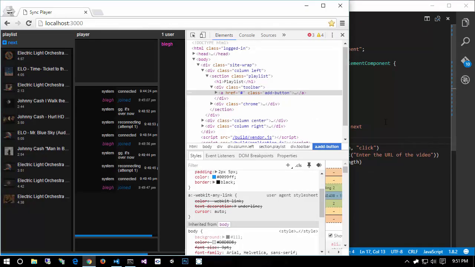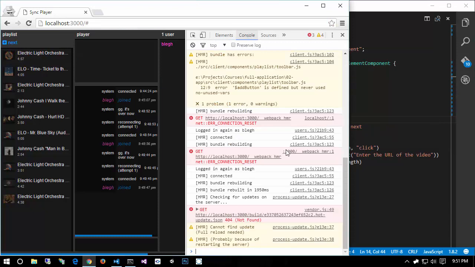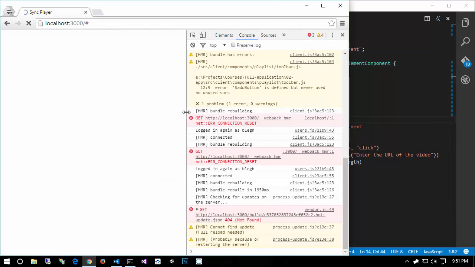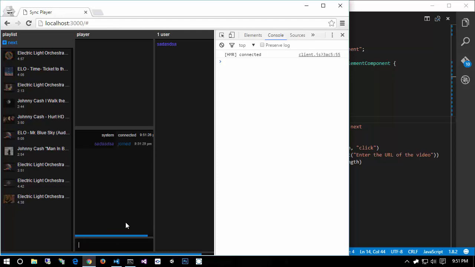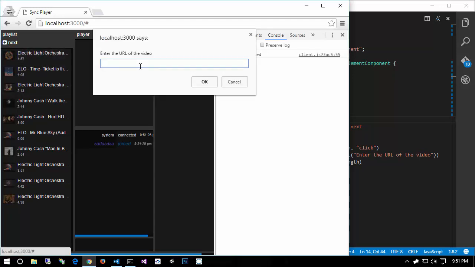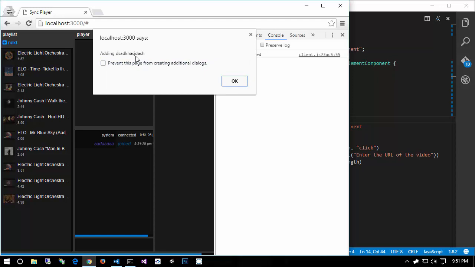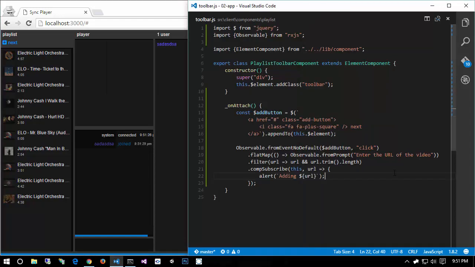And now we can come over here and click next. That might not work because our hot reloading might have broken because we changed shared code. That's okay, we can just reload manually and then log in. Now I can hit next and I get into the URL of the video, type in something and it says adding blah, blah, blah. So with that little amount of code, we've created this observable sequence or pipeline that handles a